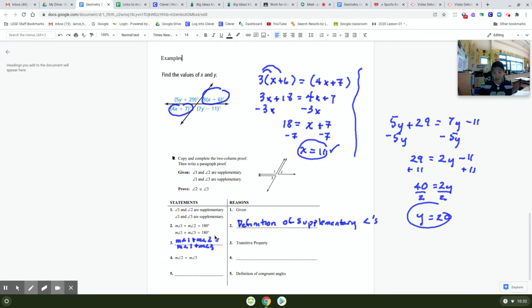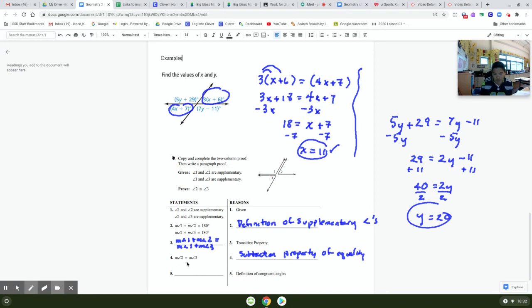Because you can get rid of that by subtracting it from each side of the equation. So reason number 4 should be the subtraction property of equality. And then, yes, you could look at the next reason, but the last statement really should always be what you're